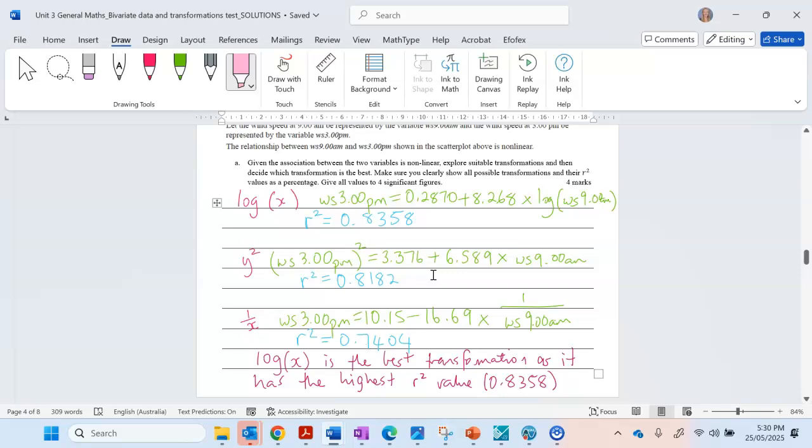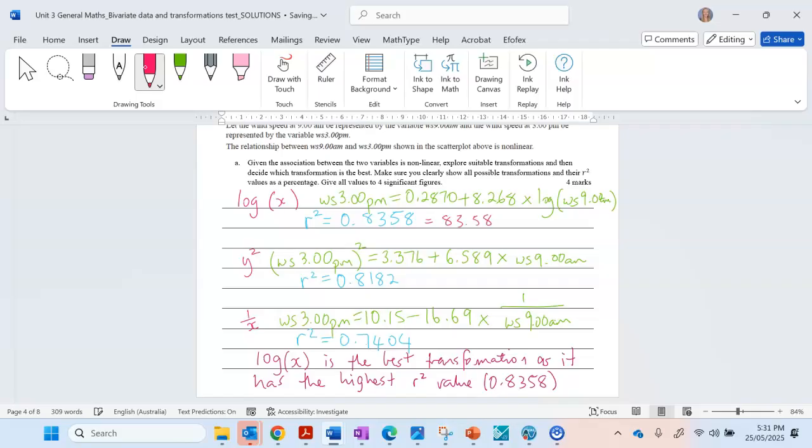And we also had to decide which one was best. So remember, the higher the R squared value, the better the model is going to be. So log X, clearly the highest. Now you could write these as percentages as well. Probably should have done that. So let me just go on and do that. So this is